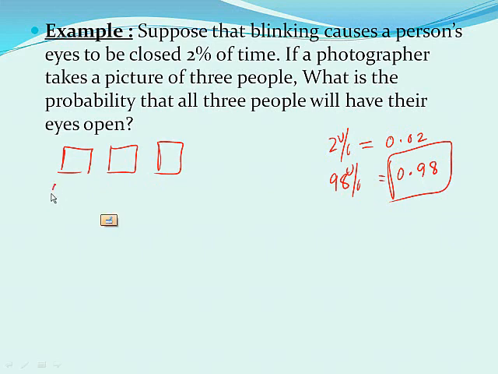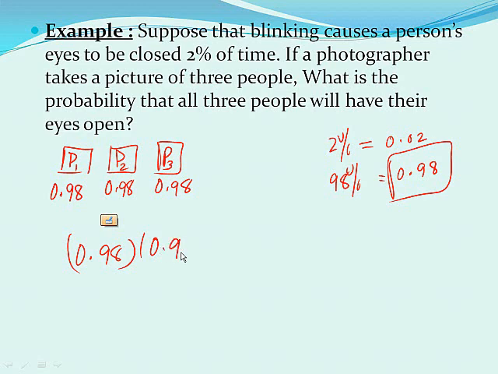So probability here is 0.98, keeping the eyes open, 0.98 and 0.98. So this is person 1, person 2, person 3. So all three, keeping the eyes open, will be having a probability 0.98 multiplied with 0.98 multiplied with 0.98. So that number is going to be